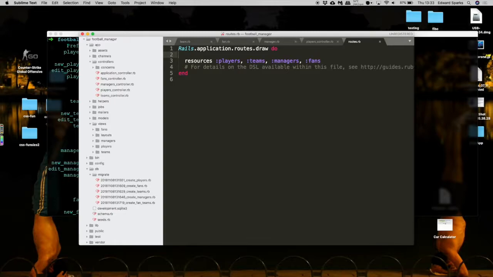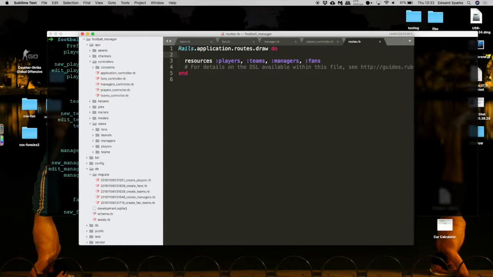So unless they're specifically linked to a particular class or particular model, just have a single pages controller, and then you can put all your random pages in there. You can't do resources, but you just have to write it in separately, get, and then put in whatever path you want. Yep. Cool. Okay, so we've got our root sorted, we have controllers sorted, but probably need to do a little